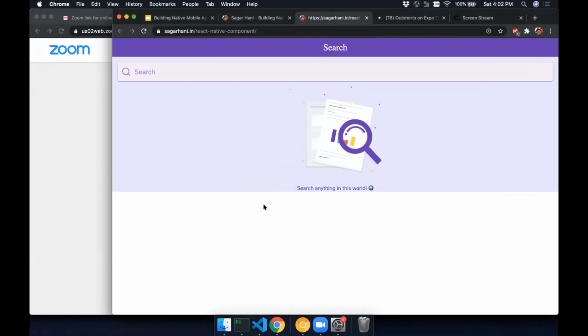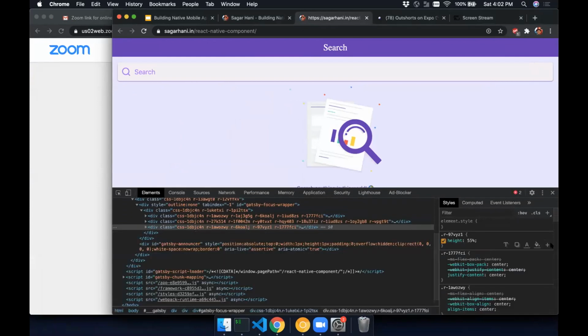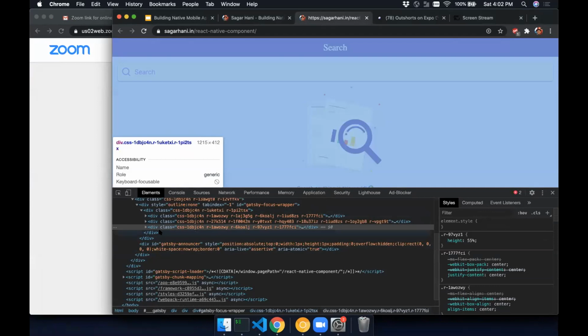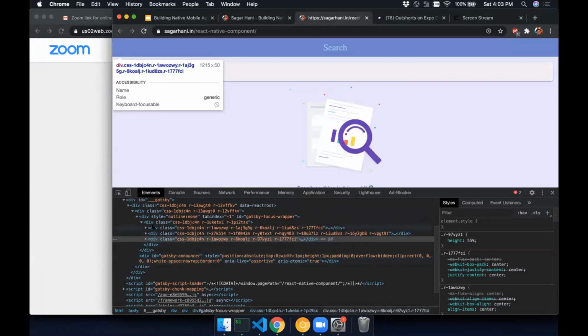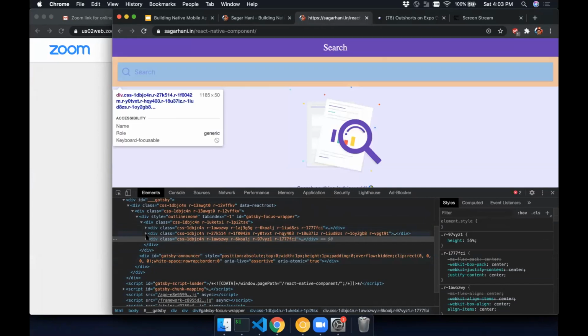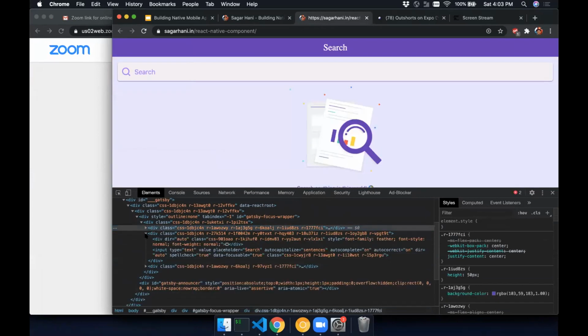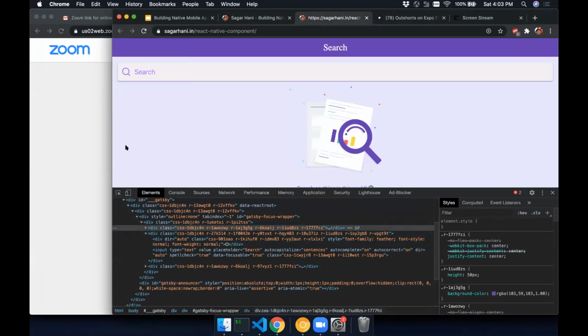So even if I inspect this, I can see all divs and images which are as expected. Like, in my code, I make use of view, image, text components from React Native. But when it is running on the web, it's going to take those components and bind them to the environment where it's supposed to run. So here it is web, so it is using div tags in place of all the views, and input tags in place of wherever I need input. So this is about one way of debugging the application.